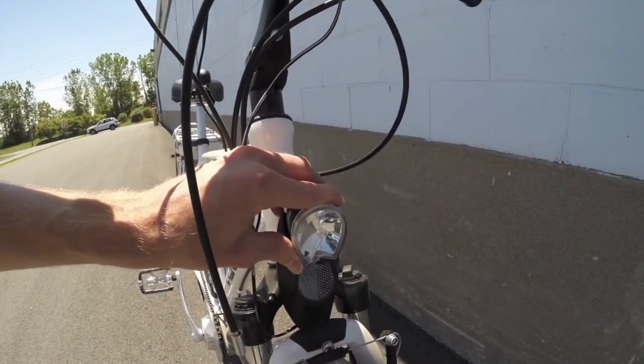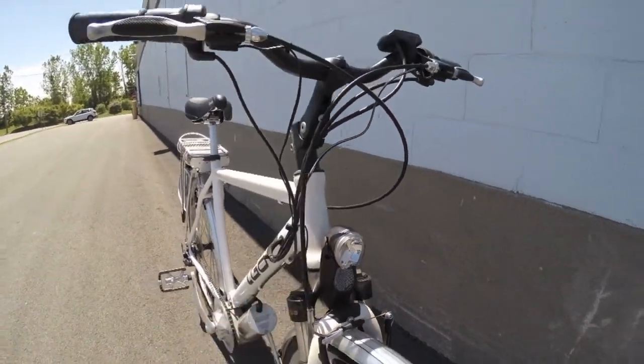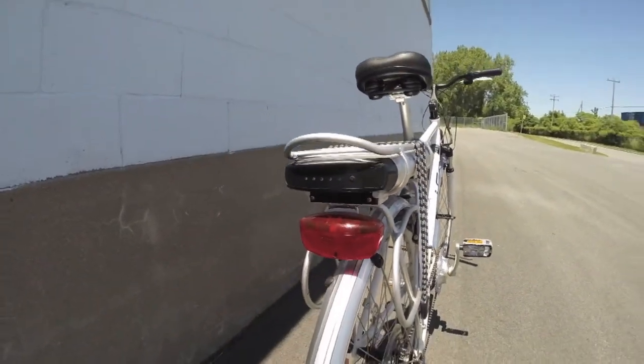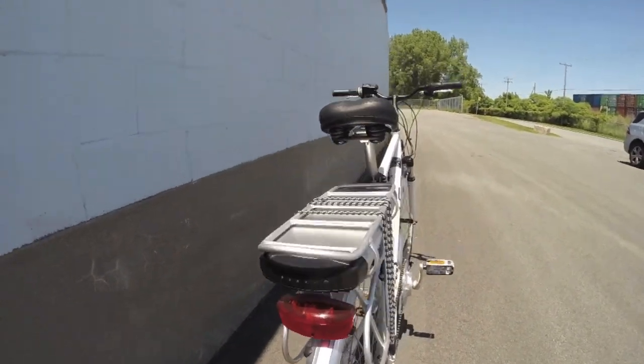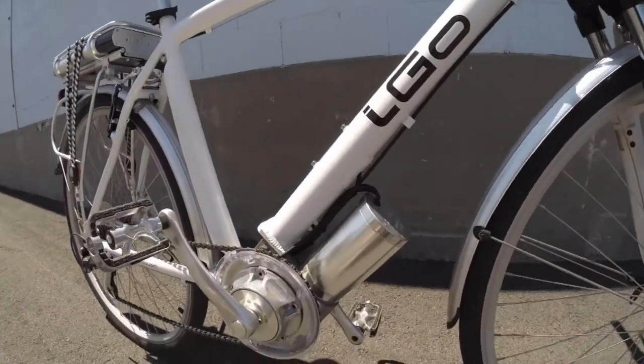And of course, the lights. So this actually aims down or up, depending on what you need. It's LED. It's mounted to the fork, so it's not going to rattle around a whole lot. And then there's the rear LED light. So that's awesome. So in terms of the drive specs on these, the motor itself is about 250 watts, which